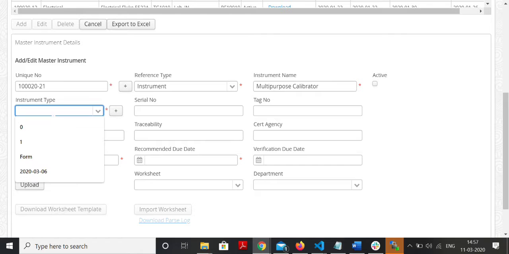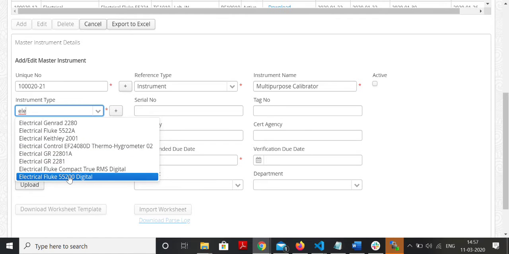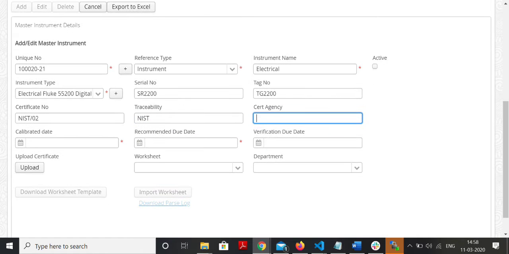For example, if there is another instrument which is coming in, you can reuse this type and give the serial number SR2200, tag number TG2200, certificate number. This would be the latest certificate number, which came with this instrument when it was recalibrated. So let's give it. And traceability, the organization to which it is traceable, NABL or NIST, certification agency, so the company which calibrated this,